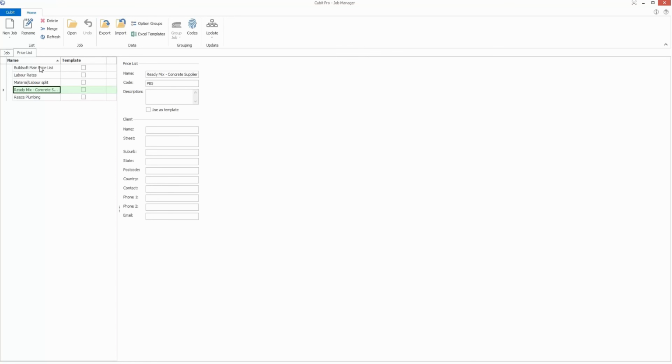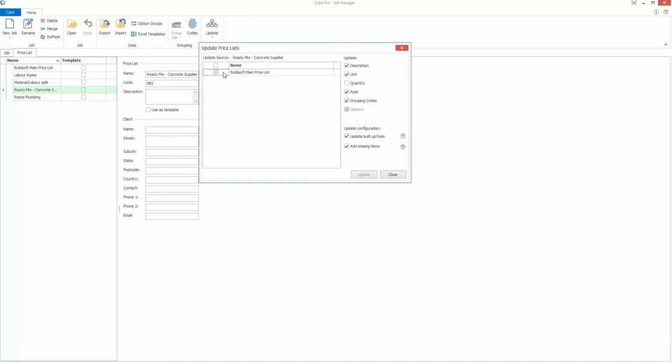yet. So what we can now do is we can highlight a price list where we've made a change. We can click on this drop-down box, and we can tell it to update price list as well as update jobs that contain that information. So in Cubit 6, we could go and update a job, and it would send through the updated pricing into that job. But now, with this new enhanced job update functionality, we can click Update Price List, and it would